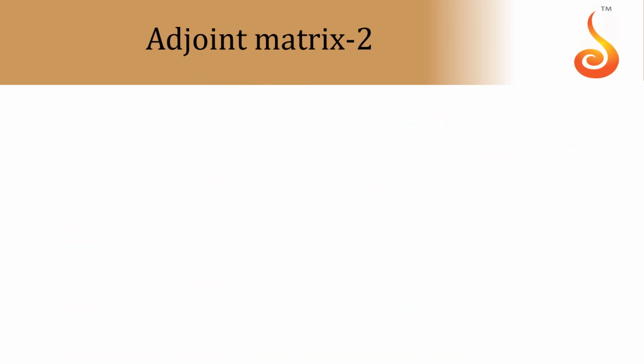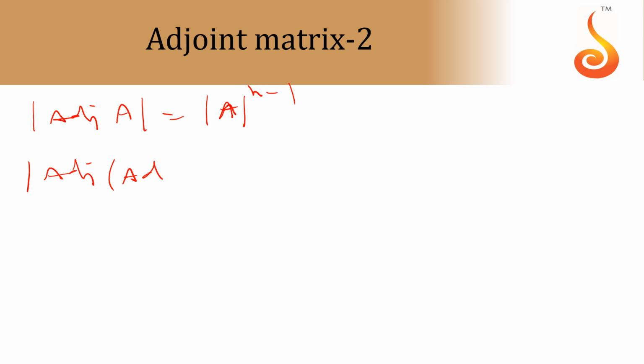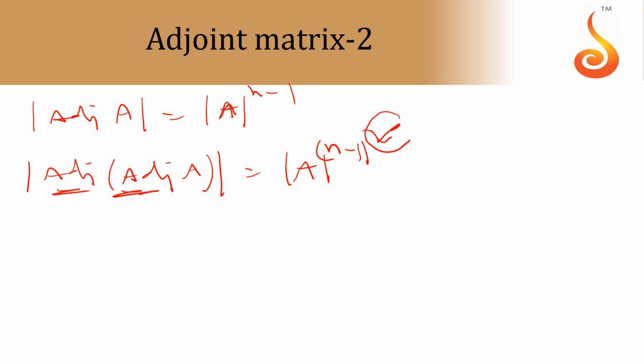With that, what is det of adjoint A? Det of adjoint A is det A whole to the power of n minus 1. Then what is det of adjoint of adjoint A? Det A whole to the power of n minus 1 whole square. Remember how many adjoints are there, that much power you will get here. Suppose adjoint of 100 times A is there, then det A whole to the power of n minus 1 whole power 100 you will get.